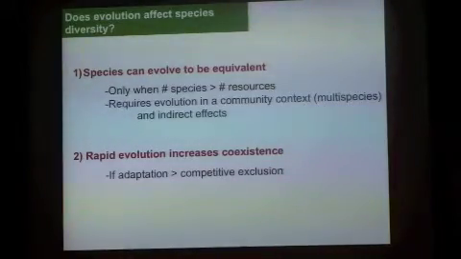So that's one point. The second point is that rapid evolution increases coexistence, but it only happens when adaptation happens faster than competitive exclusion. So you've got to crank up that evolutionary rate fast enough so that the evolution's happening faster than the ecology of the community. But remember that as those species are becoming more and more similar, competitive exclusion takes longer and longer. Those boxers are becoming better and better matched. And so competitive exclusion takes longer to play out. So as they become more similar, the ecology is slowing down. And so there might be more time for evolution to occur there.